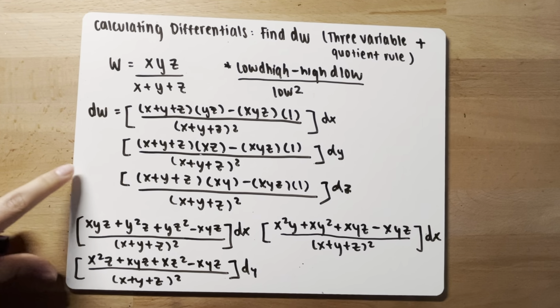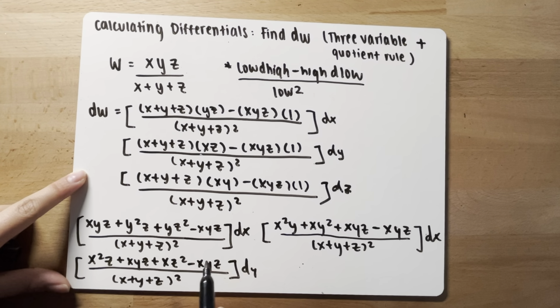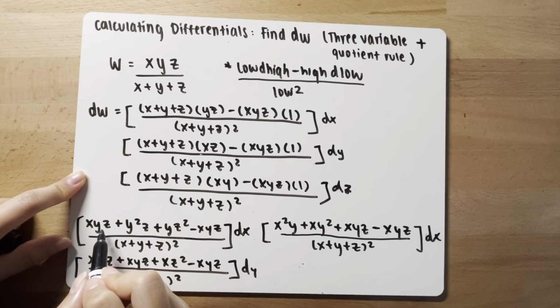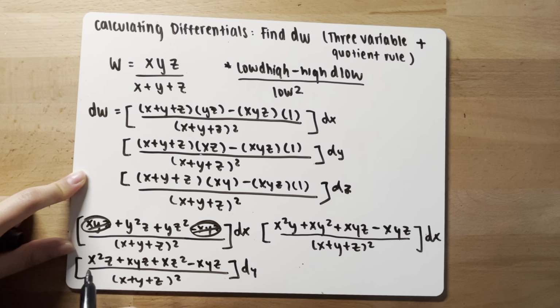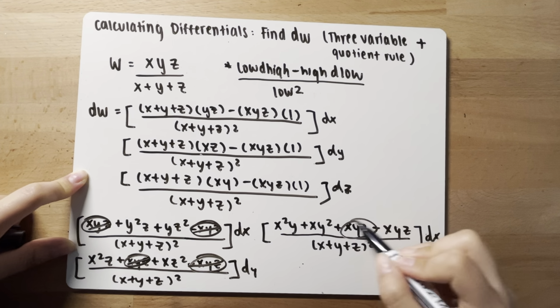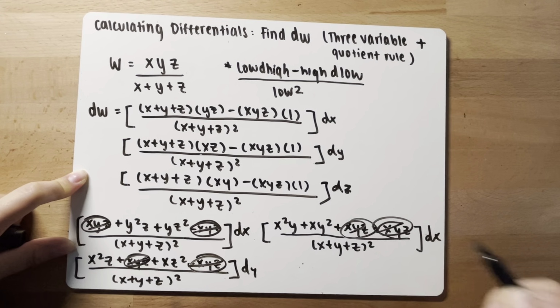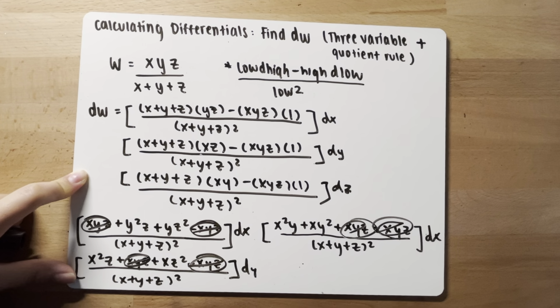Okay, and now you can simplify this even further, because you see you have xyz over here and negative xyz over here. This will cancel out. xyz over here, negative xyz over here, this will cancel out. xyz over here, negative xyz over here, cancels out. So you are left with,